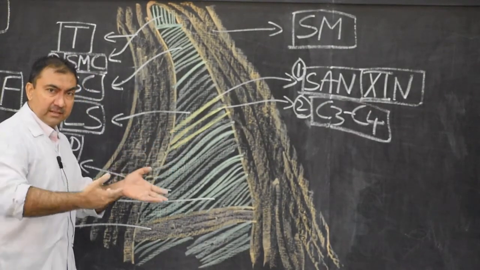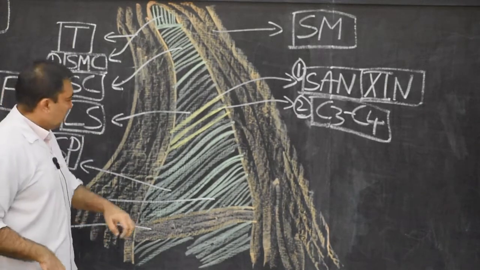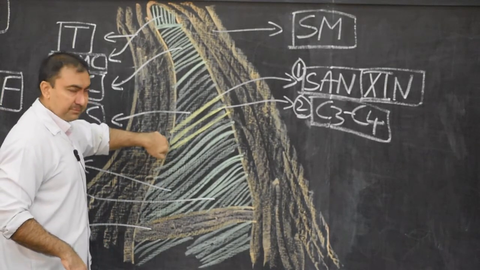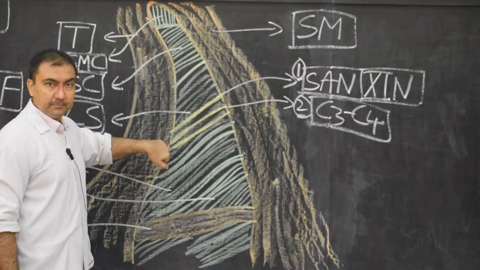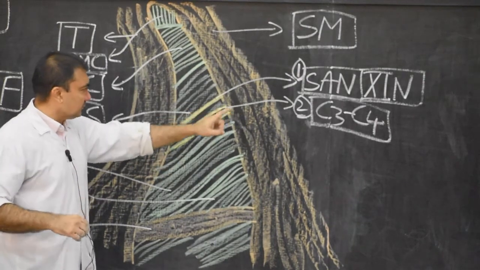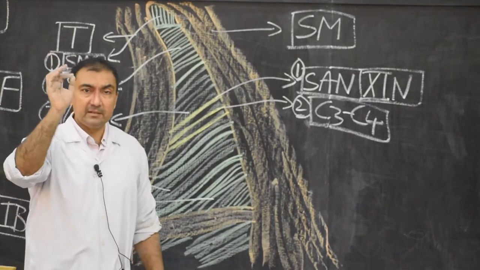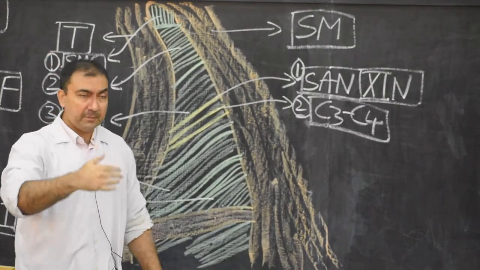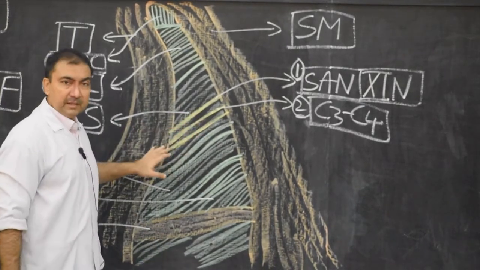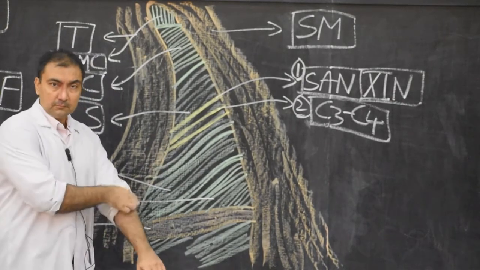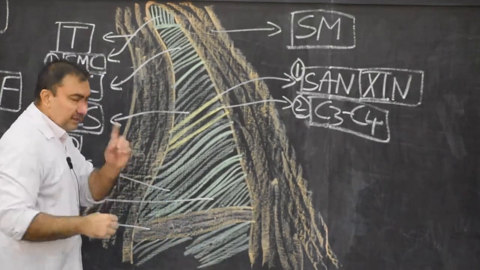So they are lying just above the levator scapulae, and they will pass beneath the trapezius, beneath the anterior border of trapezius. So please note down C3, C4 nerves. They will supply the levator scapulae and trapezius, and the course will be just beneath the spinal part of accessory nerve. Then comes third content.